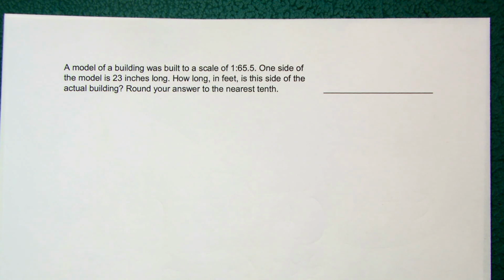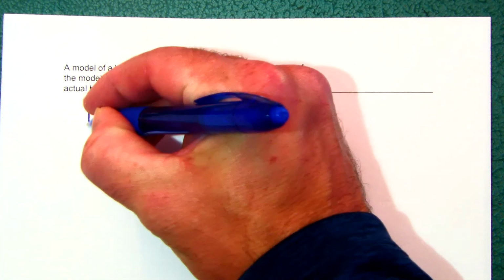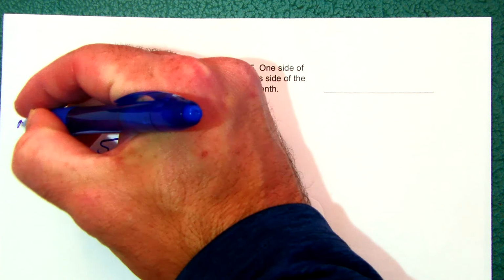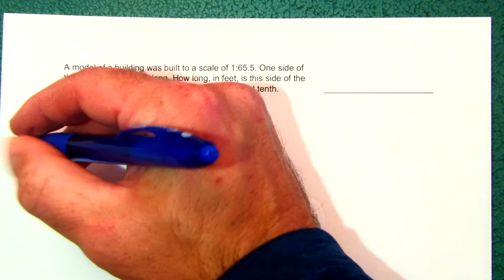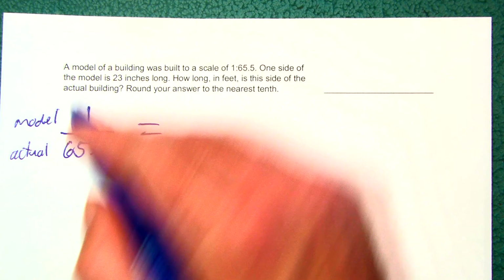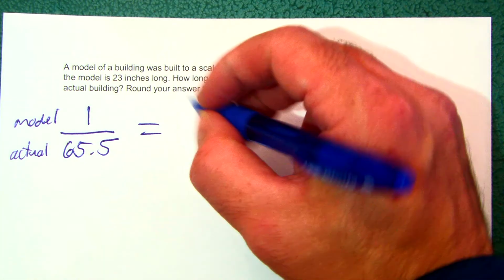So it says a model of a building is built to a scale of 1 to 65.5. One side of the model is 23 inches long. How long in feet is the side of the actual building? Okay, so first up, we're told that it's 1 to 65.5. So in the numerator, I put the model. In the denominator is the actual. So that's the scale. If the model is actually 23 inches long,